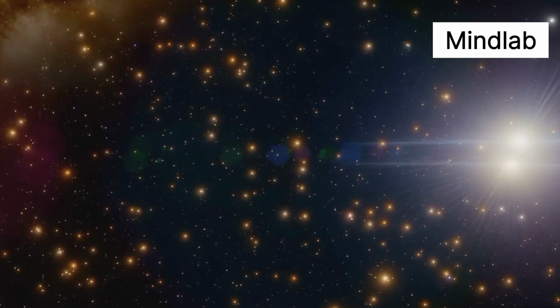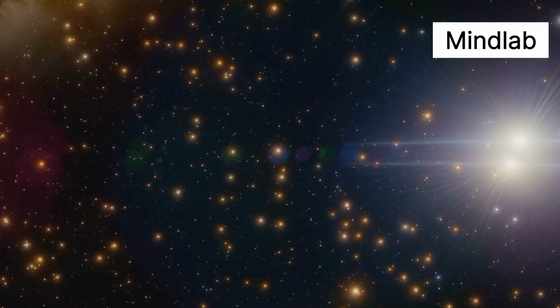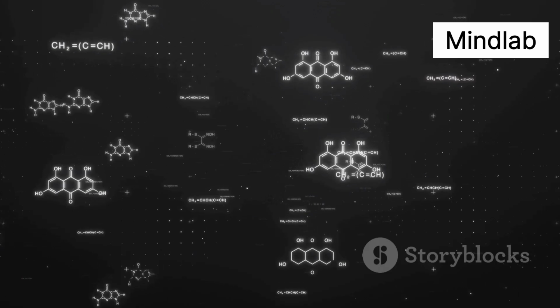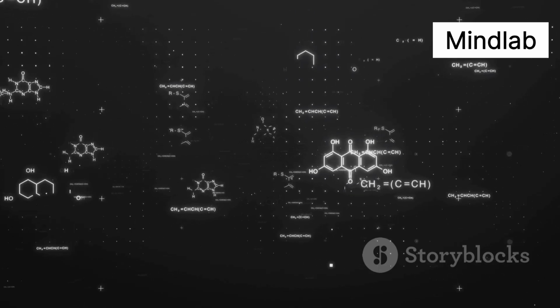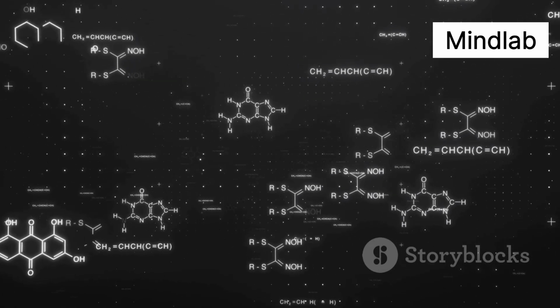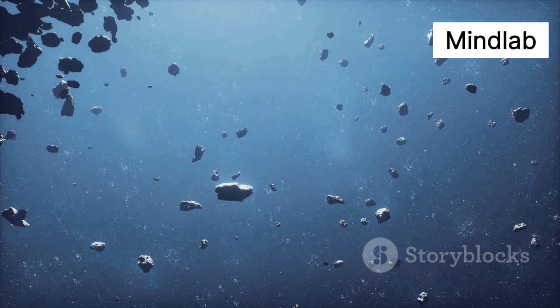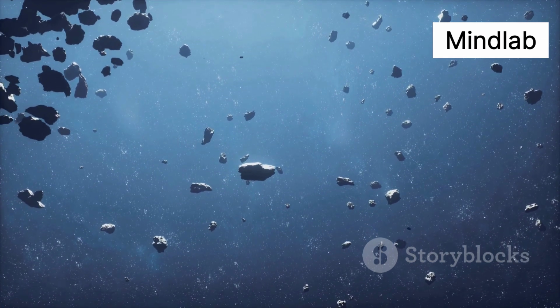Atoms are astonishingly small, yet they shape the universe. Every star, planet, and living thing is made from these minuscule wonders. Their most shocking secret? They're almost entirely empty space. If the nucleus were the size of a pea, the nearest electron would be hundreds of meters away. The universe is built on a foundation of nothingness. What feels solid is mostly void, with tiny particles dancing in the emptiness.